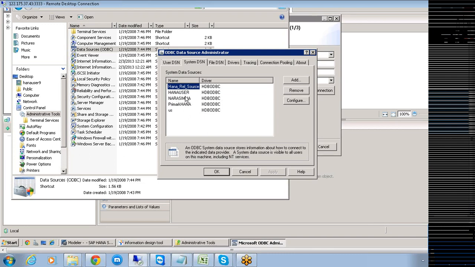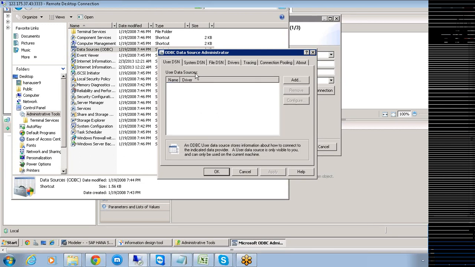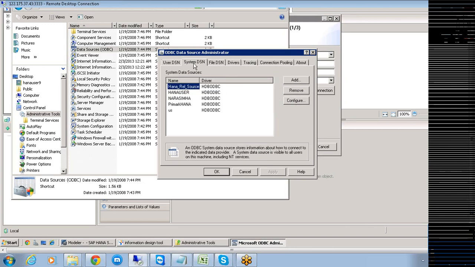Of course we have created all these things, but they are not becoming available to us while creating the connection. Suppose we go to this user DSN and add one, it will not be available. But what these people have done is that they have created a system DSN by the name Srini.